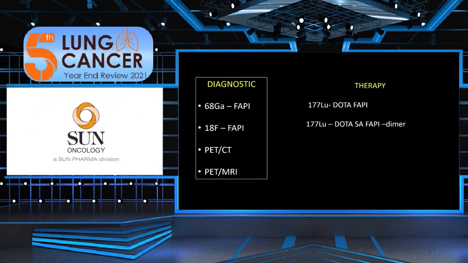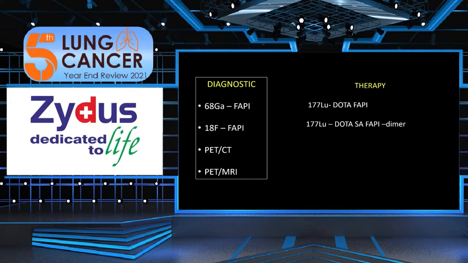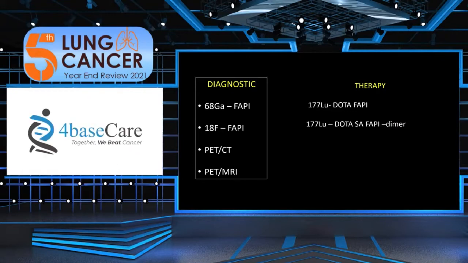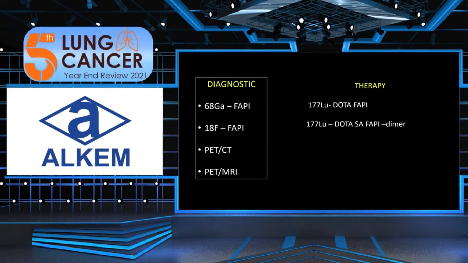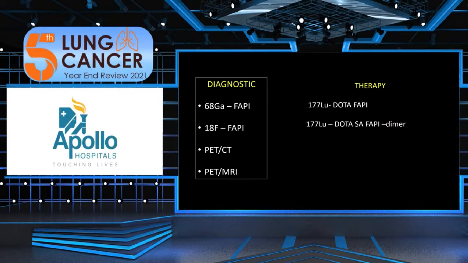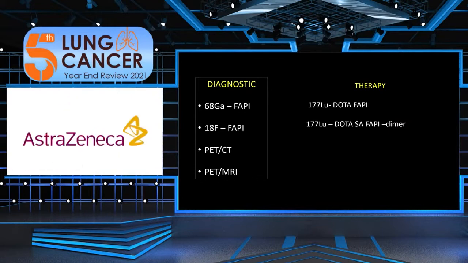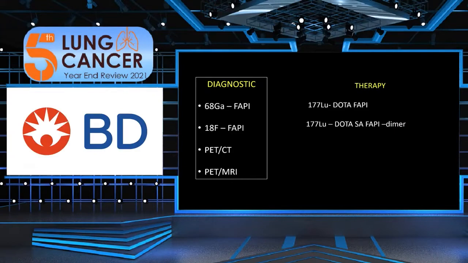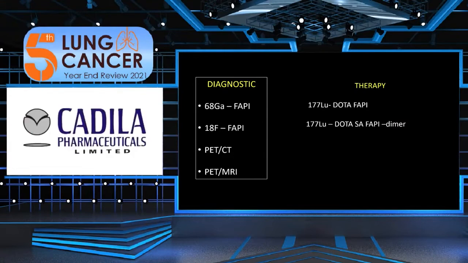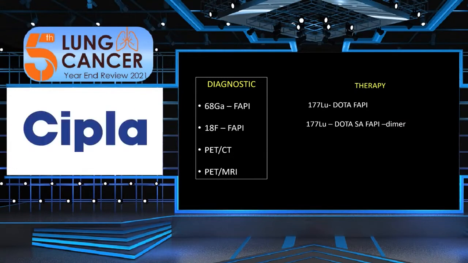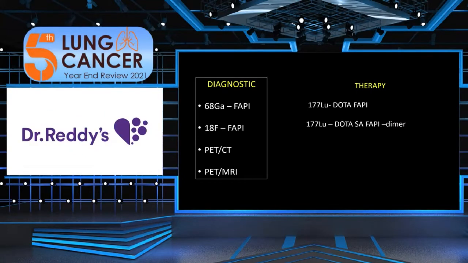So now, having diagnosed them, earlier the question which used to be asked in a scan reading room is, we are seeing so much uptake. Sometimes we used to use the word Dalmatian scan, because that scan looks like a Dalmatian. But why can't we treat it immediately? And we say, no, FDG can be used to diagnose, we cannot treat. And now we have the concept of theranostics, and we have a theranostic pair. The same FAPI is now labeled with a different type of isotope, and that isotope commonly is lutetium.